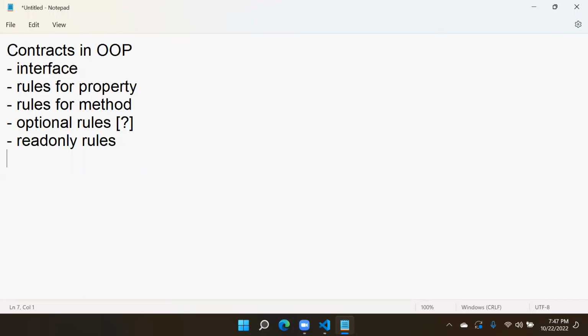So, contracts in object-oriented programming. For that we have interface, rules for property, rules for methods, optional and read-only. Now, one more thing about interface we have to know is we call it extending rules. How we can extend the rules. That means